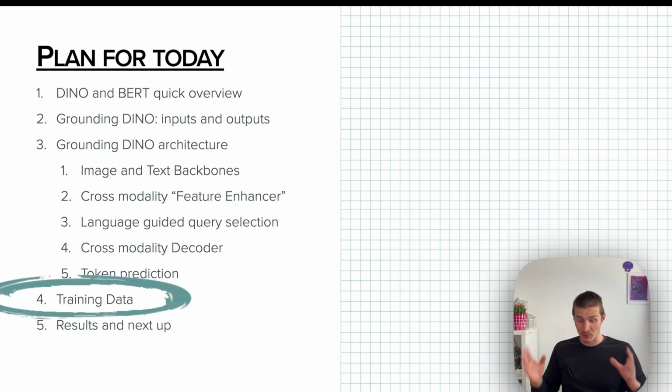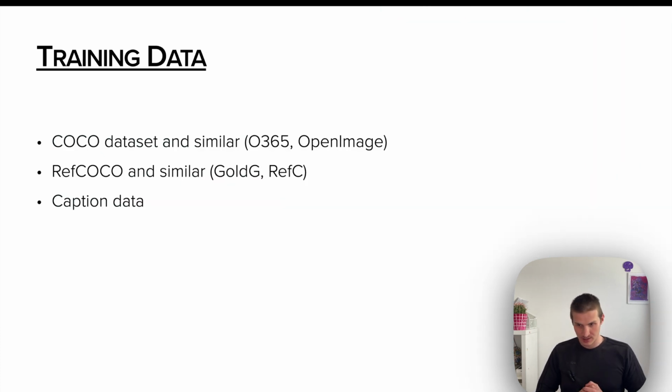So this was it regarding the model itself. Now, since we know more about the model, and about what sort of input and output we expect from it, we can also talk a little bit about training data. Again, this is a bit murky because it was not open sourced, so all the data I have is from the paper and from what I could find. Nevertheless, it's quite interesting. So again, we need input images, we need prompts as an input, and then some sort of ground truth matching